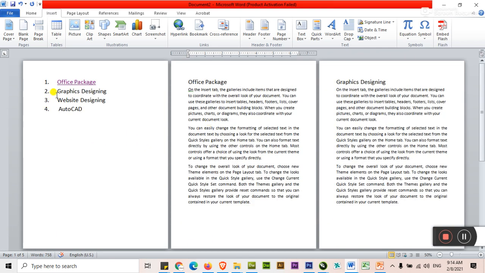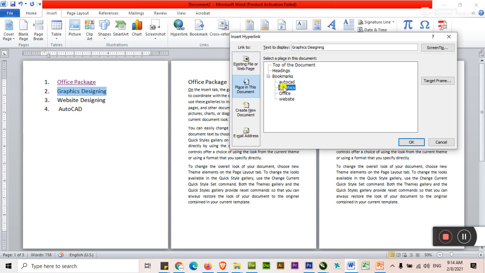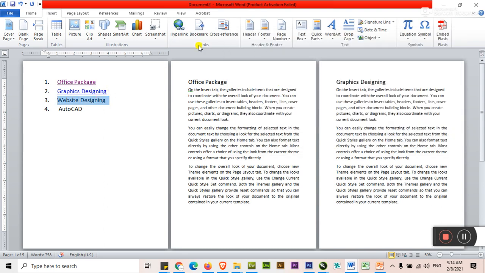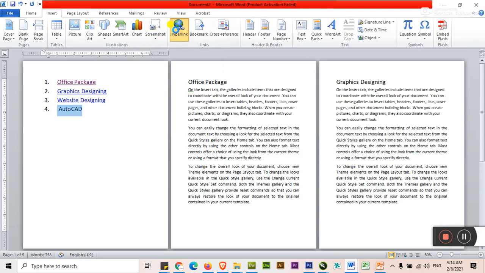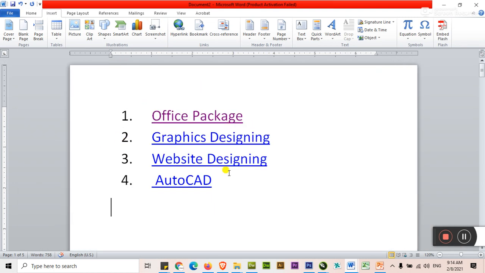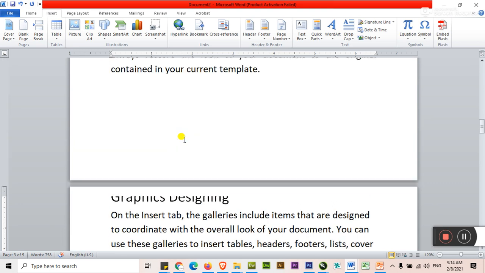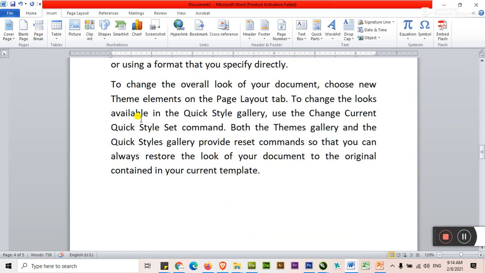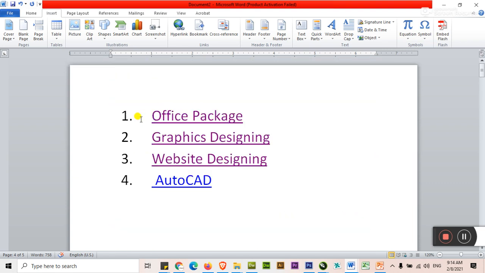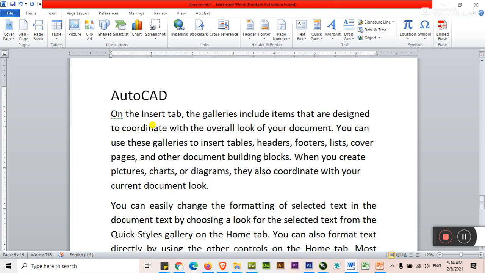Okay, now select graphic designing, hyperlink with graphics; website designing, hyperlink, website; AutoCAD, hyperlink, click on that. Now click on graphics, Control click, you are at the graphics heading. Click on website designing, you are at website designing. On AutoCAD, you are at AutoCAD.